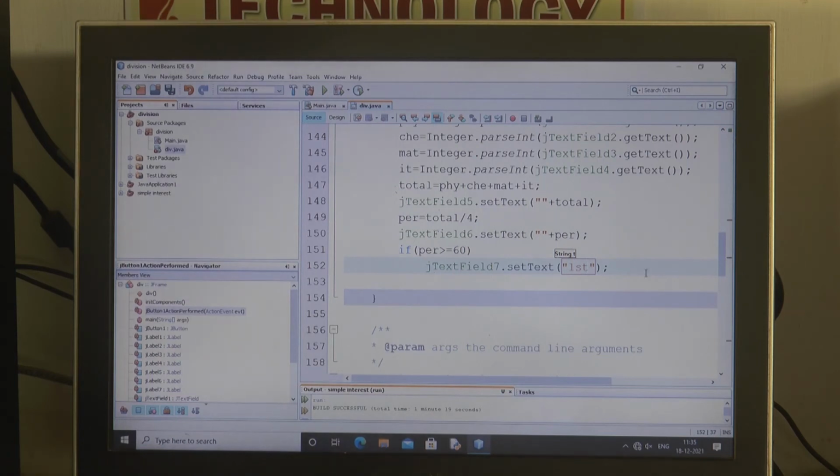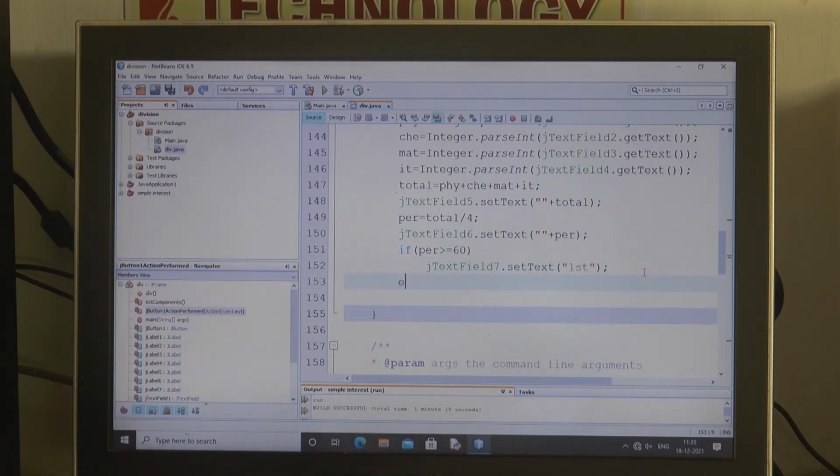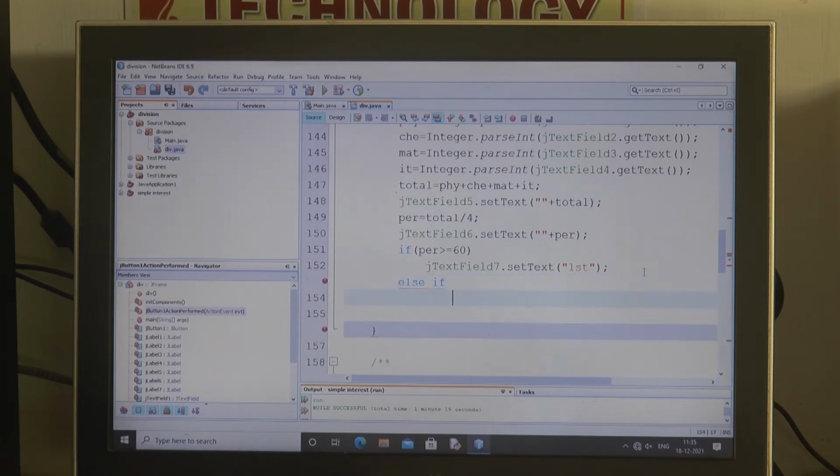First, is the first division, I'll say. Let's see, I'll put some condition here. That is, percentage greater than equal to 50. Then what will happen? Then j text field 7 dot set text